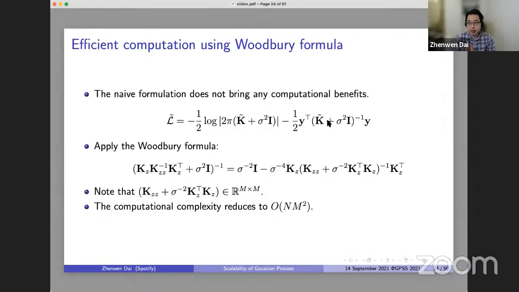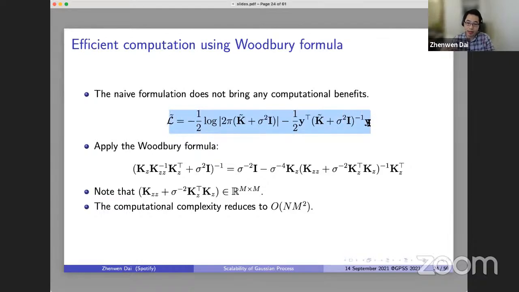Previously we saw that if the data set has a lot of redundant data, it will result in an approximately low rank covariance matrix. We can relatively accurately approximate it with a low rank approximation. The second thing is, how can we take computational advantage of such formulations? If we directly plug the K tilde into the log likelihood, into this formulation, if we directly calculate these equations,